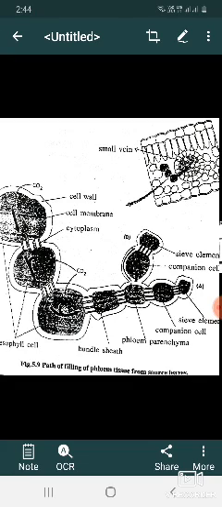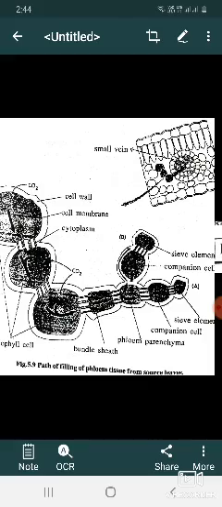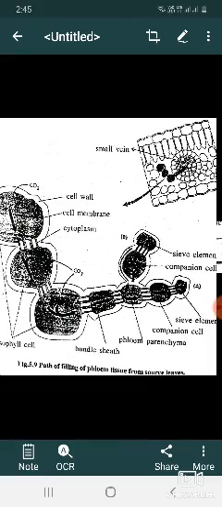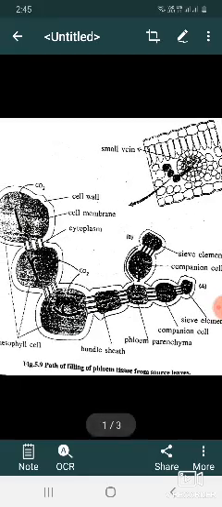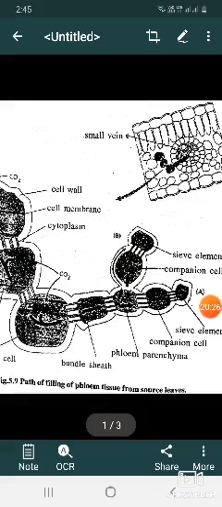So these are the assimilate partitioning during reproductive phases, source sink relationship, and affecting factors, also affecting translocation and lateral transport in plants. So this is the lateral